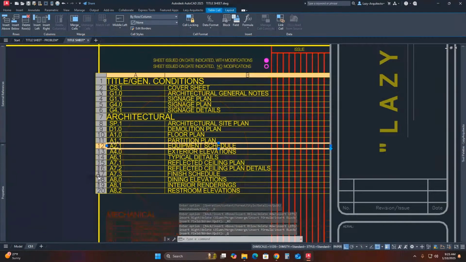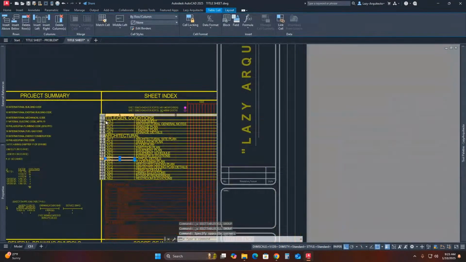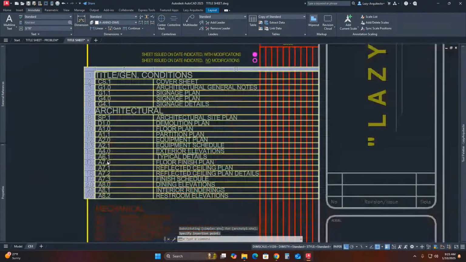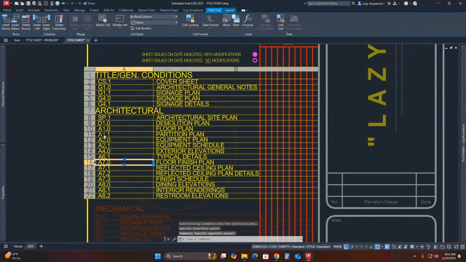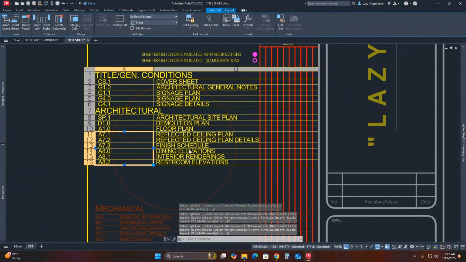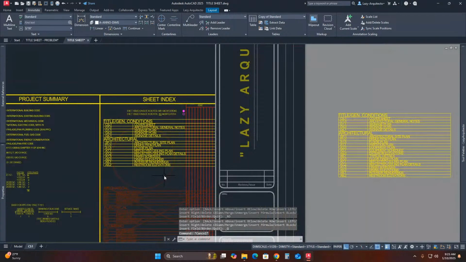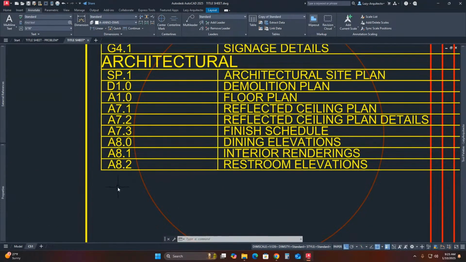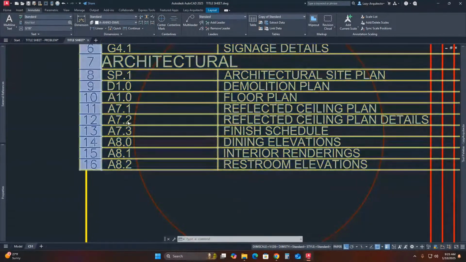So for instance, let me undo this a couple of times. Let's say I want to remove a couple of sheets. I want to remove all of these sheets. I can just hold shift, select them, and say delete rows. And you can see everything moves up accordingly. I don't have to mess around anymore. Not only that, but let's say, not by accident, but every project is different. And let's say for this project,